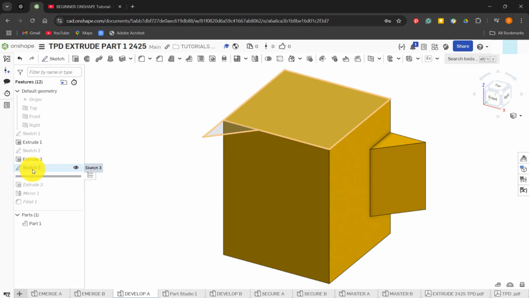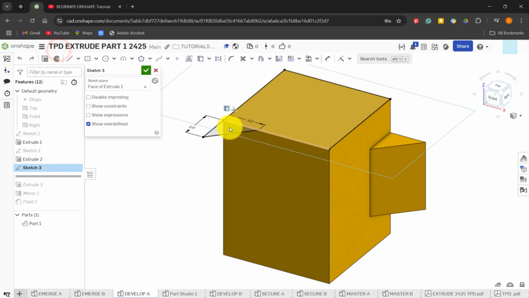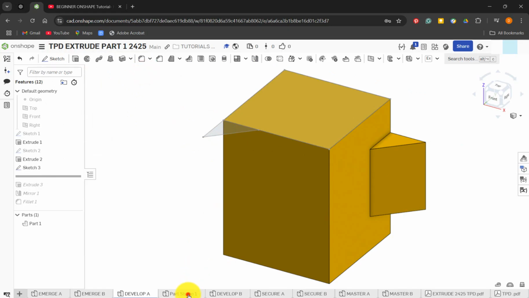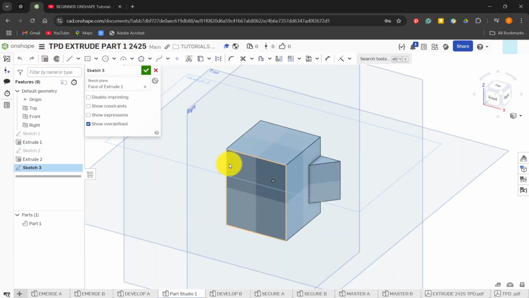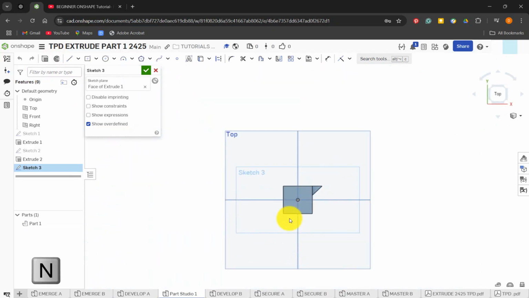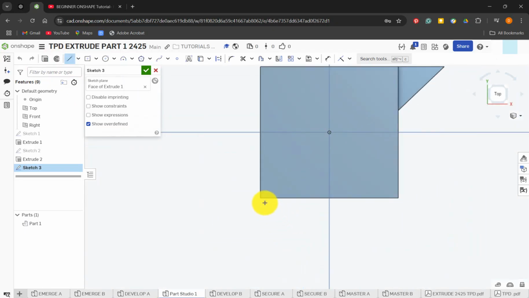So a similar thing on the top surface this time. We're going to go 10 by 10 on that top surface on the bottom corner. So surface, sketch, N for normalize, and we're going to go down here. So again, this time, because I'm sketching on the surface, it will allow me to snap to the edge. And I'm going to draw that simple triangle in using a line tool, or L for line, D for dimension, 10